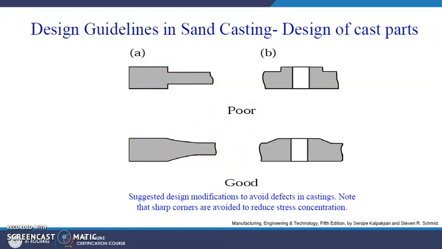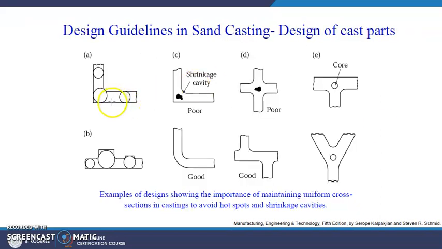These sharp corners will create poor geometry in your drawing, so that should not be there. You have to maintain some uniform cross section for all kinds of designing you are going to do for the casting parts. Similarly, these are the poor drawings, and as you can see, this is the good drawing. Means sharp cuts should not be there whenever you are designing any kind of casting part. So these things you have to maintain. Let's see what are the